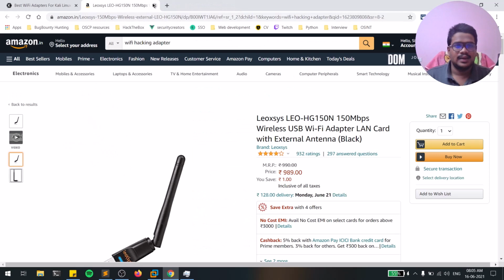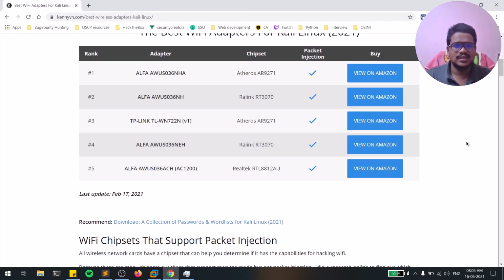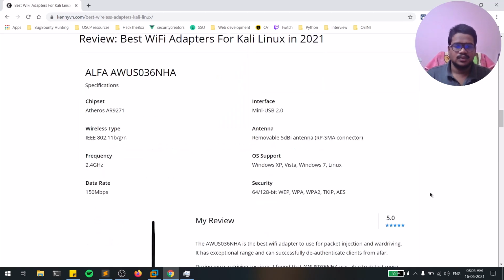Okay, and that's it guys. So these are some of the things, and he also mentioned some of the things. You can see the versions as well. So before buying, do check out these versions and also choose the chipset. I hope it is clear guys, and in the next video I'll show you how you can do pen testing on a Wi-Fi. So make sure you have this Wi-Fi adapter so that you can follow along.